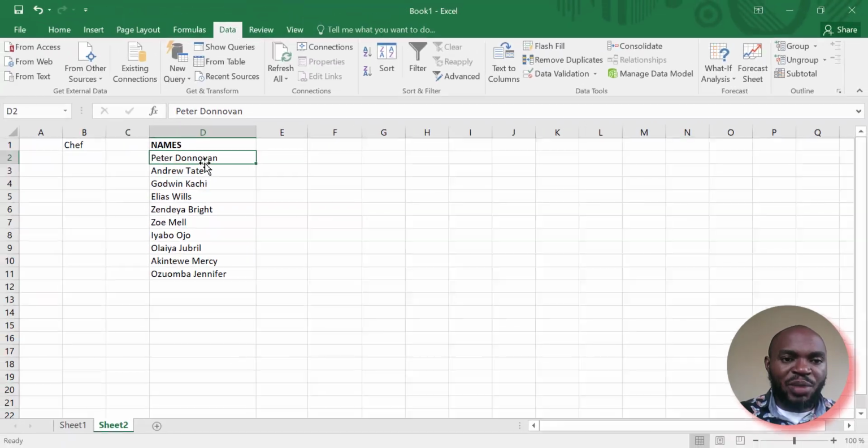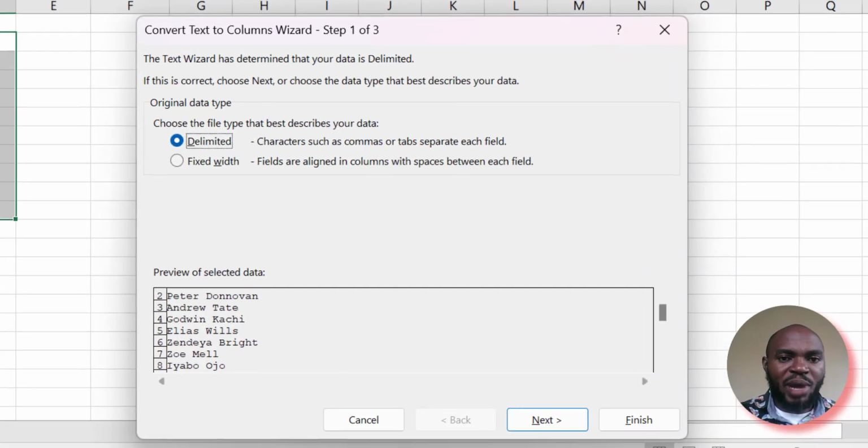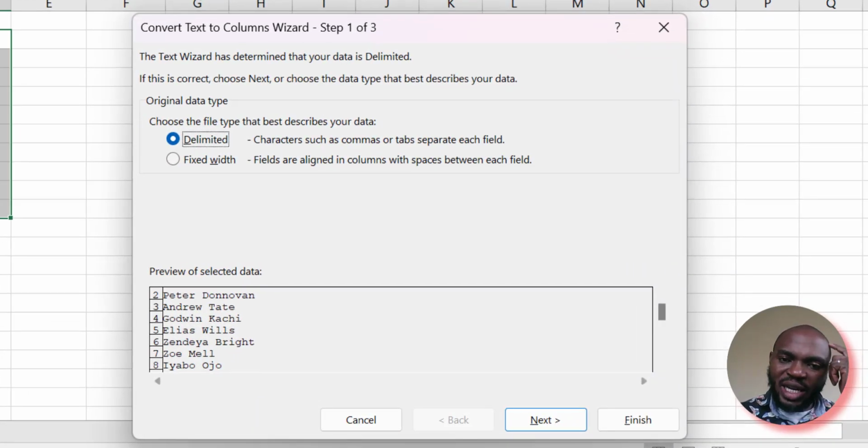So I'm going to select the range of the cells I'm going to work with. I come to the data menu on this menu bar, and I come to text to columns on my ribbon. This is actually going to help us separate words or sentences or whatever it is, into independent data. Now it is asking us what is the file type that best describes this data. The one that best describes this data is delimited characters. And what do we mean when we say delimited character? We mean that there is